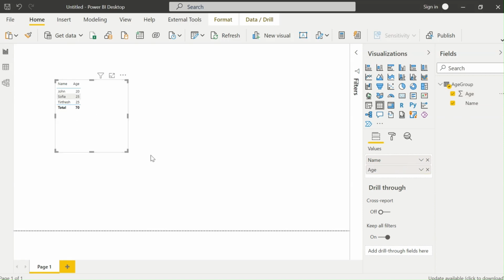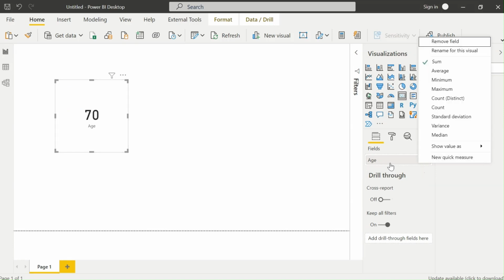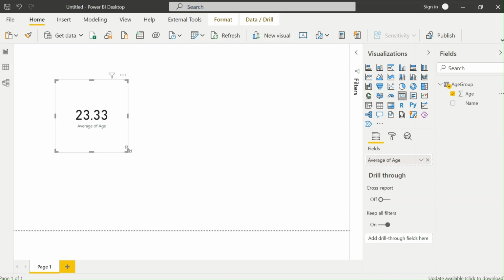That is also one of your visuals. Let's show average age. You can select a KPI card, then the average is 23.33. I know this is not very meaningful, but I'm just trying to show you what we can do